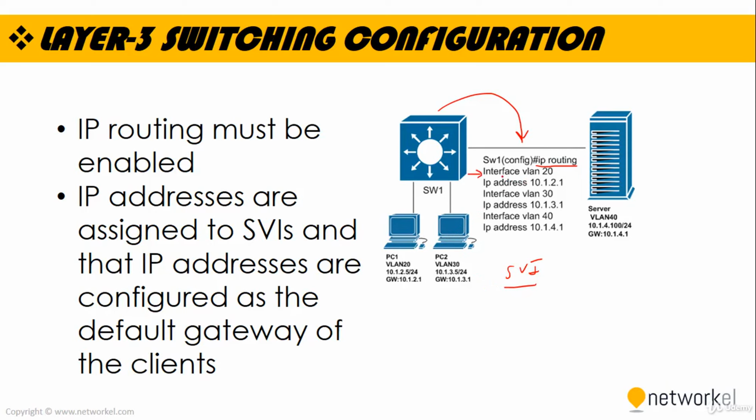For example, here we are defining interface VLAN 20. This is an SVI. Then we are defining interface VLAN 30. This is an SVI also. And we are defining interface VLAN 40. This is another SVI. Okay, we are defining the SVIs. Then we are assigning our IP addresses here, as you can see. Each SVI will have a different IP address, and these IP addresses will be configured as the default gateways on the client side, as you can see. Okay, that's the same logic as router on a stick, but the difference is we are creating the SVIs instead of the